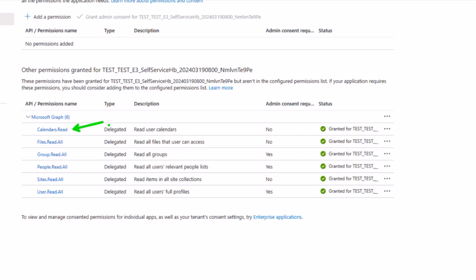Now, a few things to notice here. These are really scary looking things. For example, here it says Files.Read.All for permission. However, it says delegated, and that is a super critical thing to understand. When we use delegated, it does not mean that I have permissions within my card designer to access all of the files. No. It's basically delegated permissions: the permissions of this application combined with the permissions which I have. So I cannot access any files or read any other calendar information which I do not have permissions to,